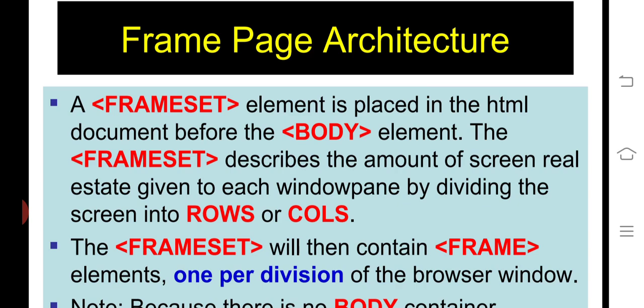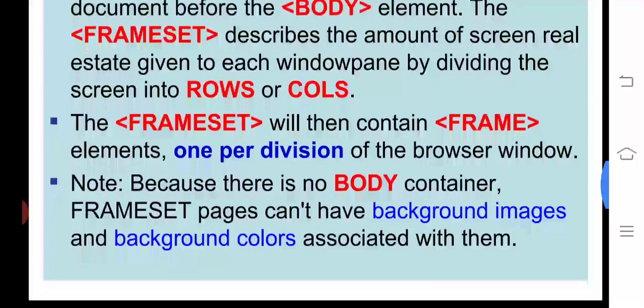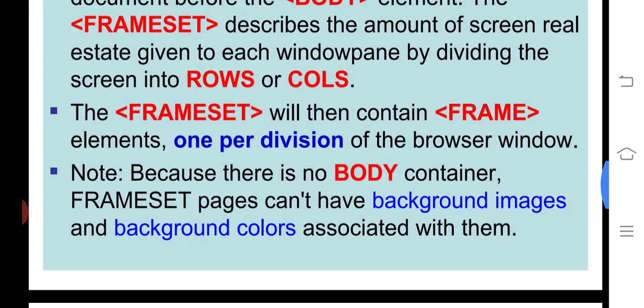The frameset describes the amount of screen real estate given to each window pane by dividing the screen into rows and columns. You know rows and columns very well, so that is how it divides.